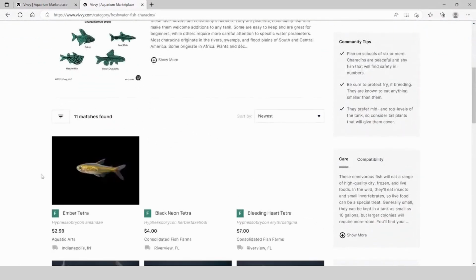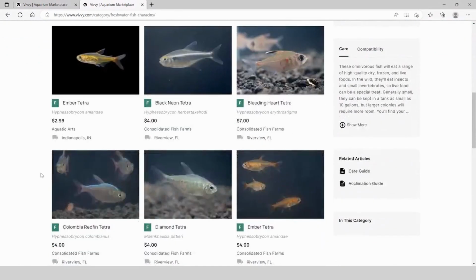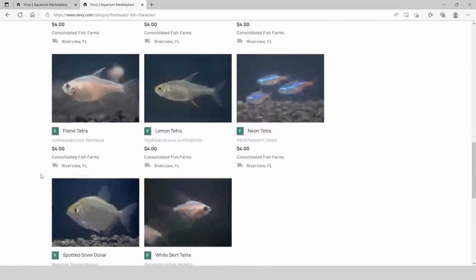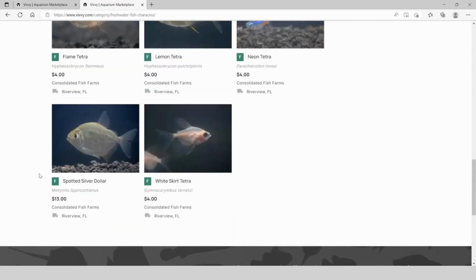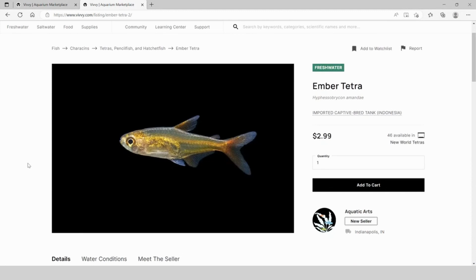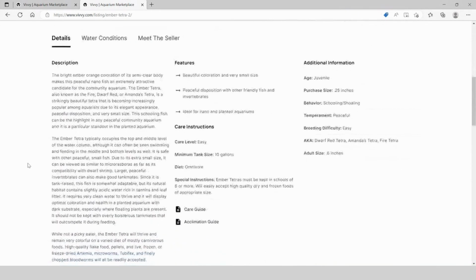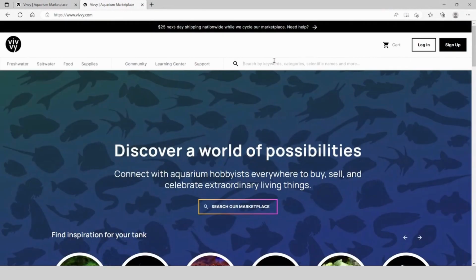What does Vivi mean, or what is Vivi? It's Vivvy, and it comes from a derivation of Latin, viva or vivo, life, to have life, living, long live. It's kind of a prefix in Latin, and so the idea is to kind of